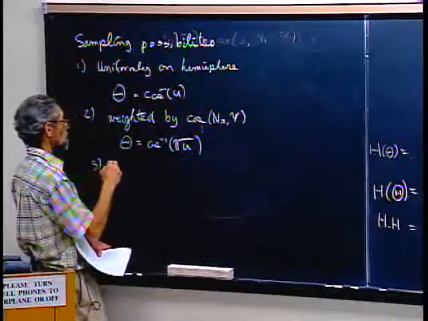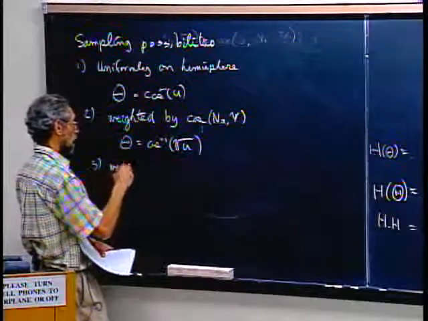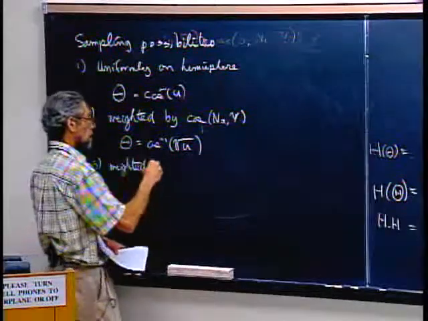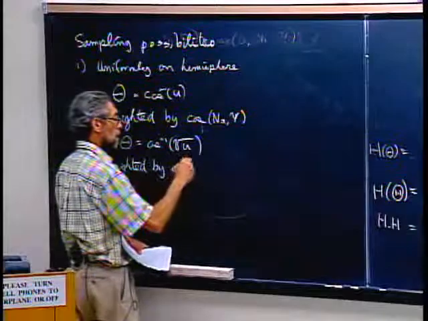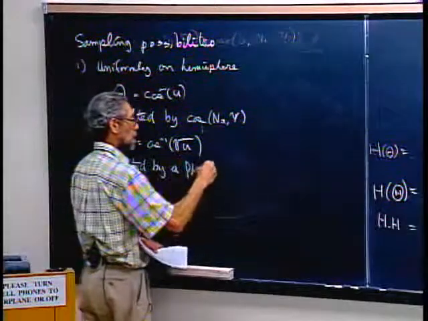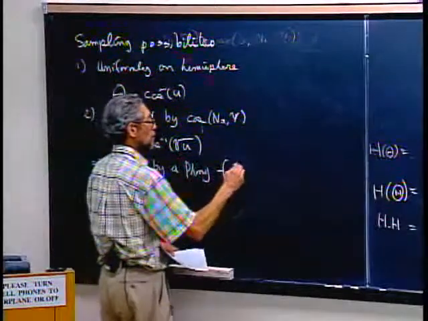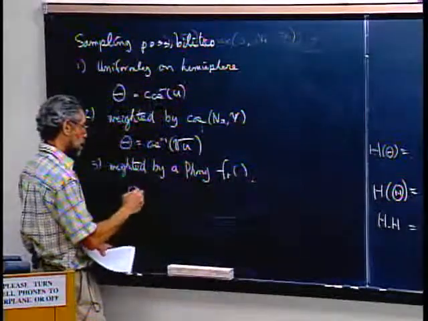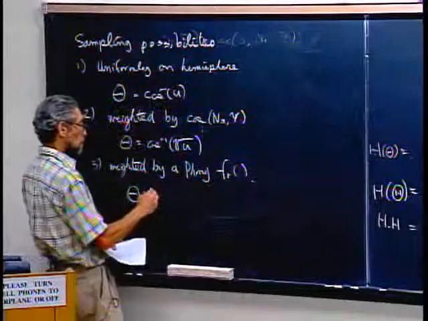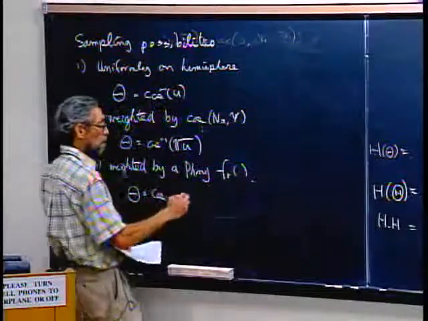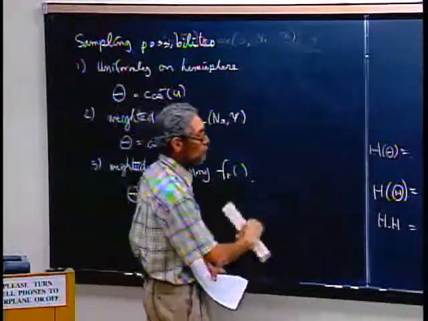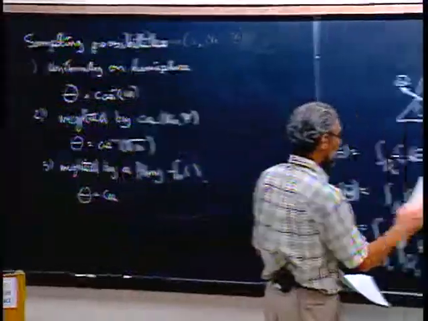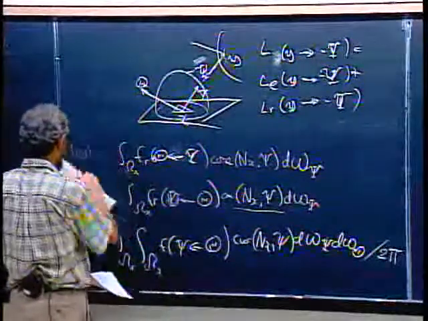Or 3 weighted, say, by a Phong bidirectional reflection function. And then theta was equal to cosine inverse, maybe I should write the Phong rule here. So the Phong BRDF,